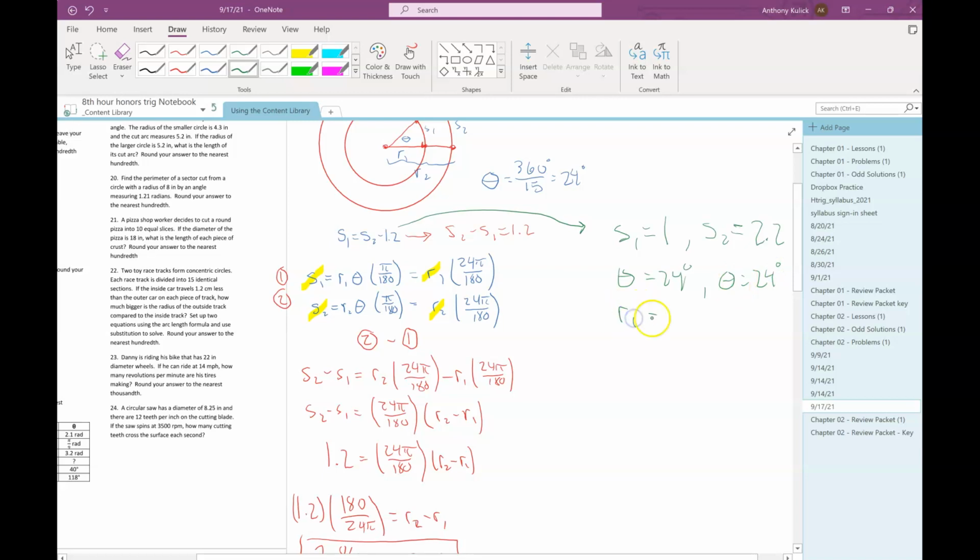And then I can solve for R1 and R2 individually and find the difference. You could do that too. Now that's maybe even less obvious why I can just fix a value for S1 and S2. But according to the description, it doesn't matter how big S1 and S2 is, it just matters what the difference is. And now I'm going to find a specific R1 and R2, but their difference should still be the 286